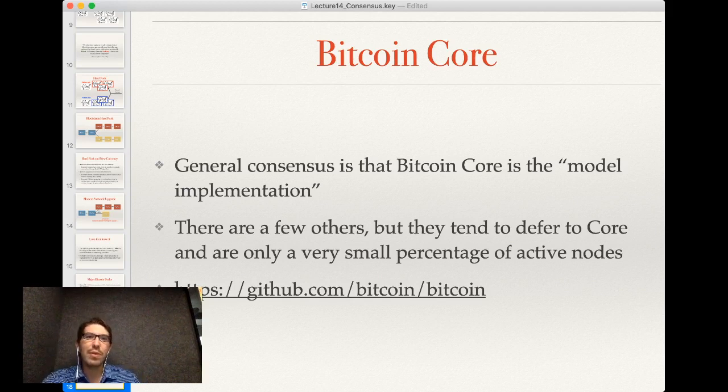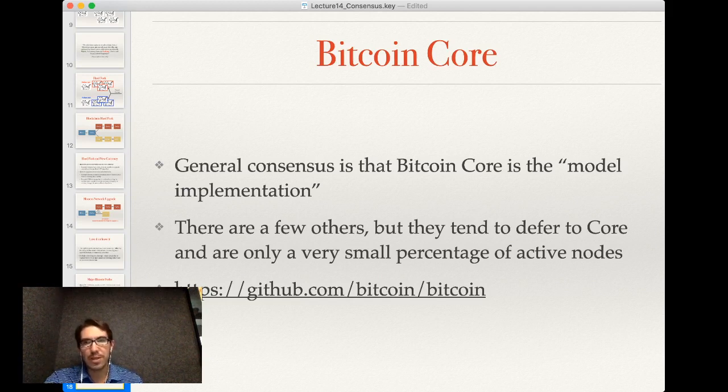So Bitcoin Core really has one model implementation. So when you talk about Bitcoin, there generally is a single Bitcoin. If you want to run a Bitcoin node, there is a single piece of software that you will run. There aren't different implementations of it. Or rather, there are a few others, but they tend to defer to Core. If there is a difference in the consensus, they assume that they are wrong, and no matter what Core does is correct. And if you look at the number of nodes that run Bitcoin Core in Bitcoin versus others, it's,